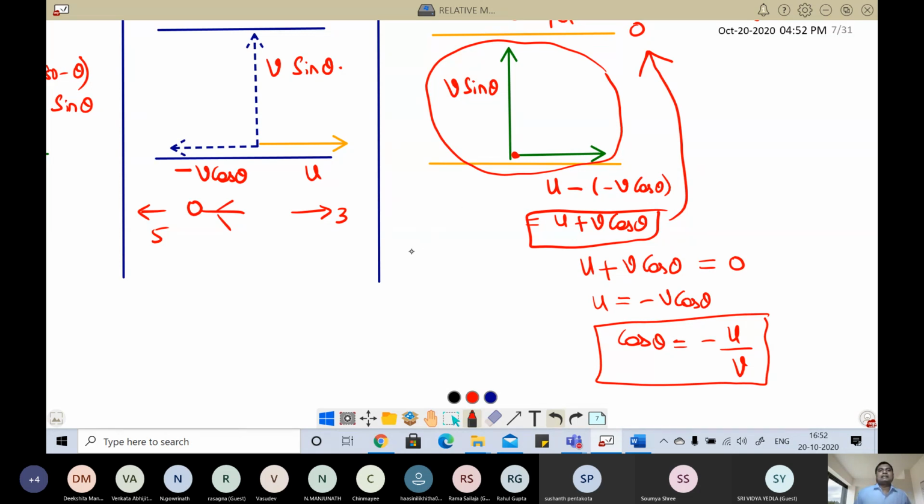And here in this case, please remember the drift is 0. I told you three times, drift is 0. So please remember, shortest path, drift is 0. Time is equal to d by root over v square minus u square. And in the first case, shortest time, t equal to d by v, that is width of the river by man's effort, and drift is equal to minimum time into river velocity, and then man's velocity with respect to ground, magnitude and direction.